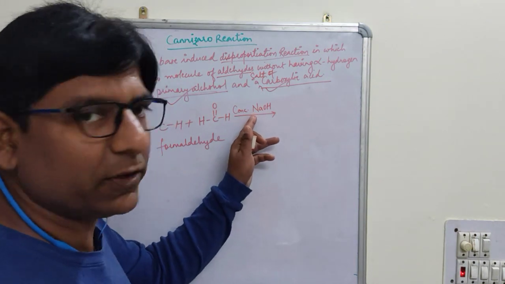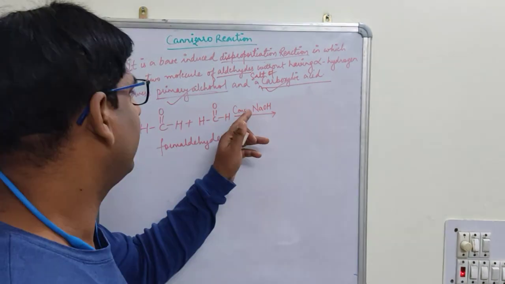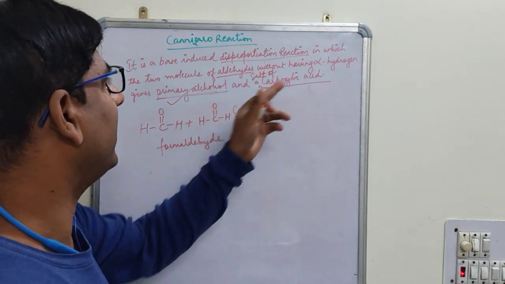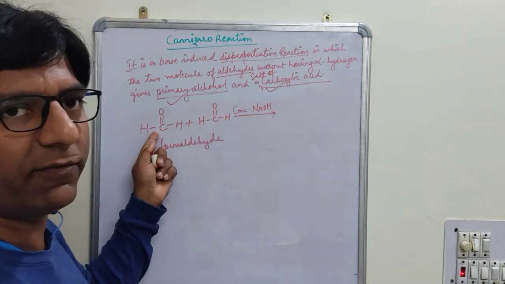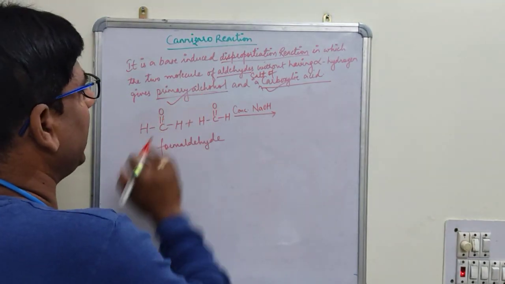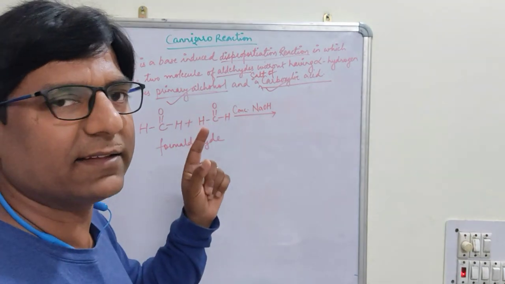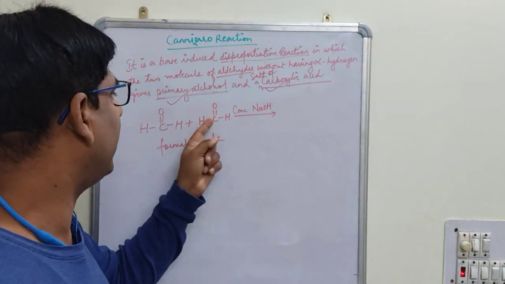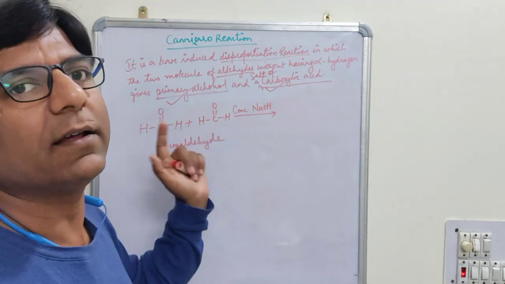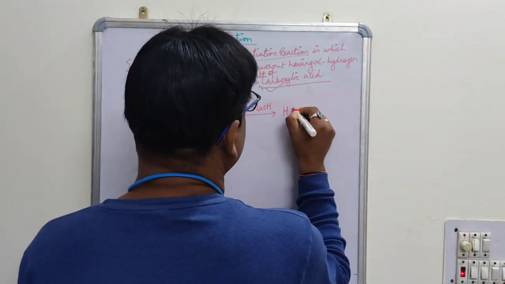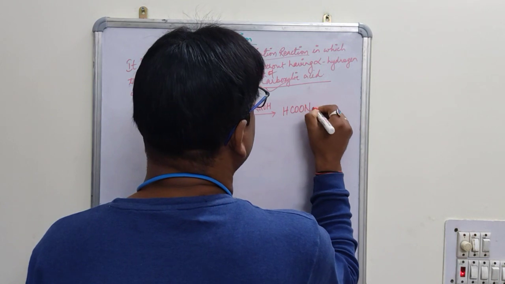It is base induced or base catalyzed. Now, in this reaction, the 2 molecules of aldehyde do not contain any alpha hydrogen. This also doesn't contain any alpha hydrogen. It will give you what? Primary alcohol as well as the acid. Means one of the molecules will get oxidized and the other molecule will get reduced. Okay. Means the product will be, I can write like this,